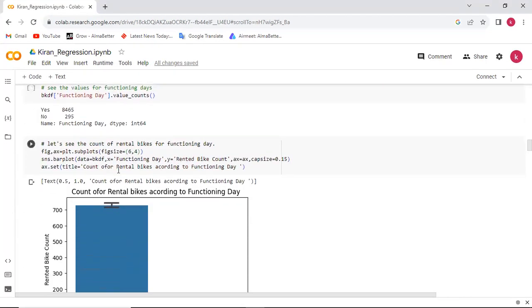Okay, we have to finish this presentation within 25 minutes, and that is why I may skip some part of the EDA or some part of the Colab. But you will be accessible with the Colab link.